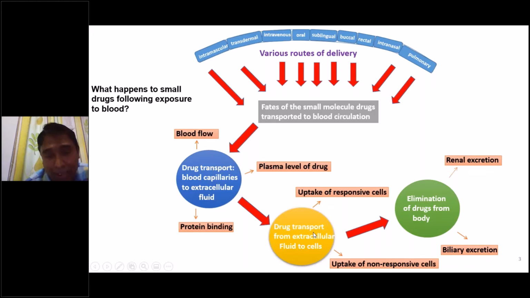The kidney is one of the organs. When the drugs go from the blood to the kidney, they will be cleared because the size is very small. When they go to other tissues, specific or non-specific, they will act, and they will finally come back to the blood circulation, and then they will be cleared either by renal excretion or by biliary excretion. So what I would like to show here is that small molecule drugs can distribute all over the body,